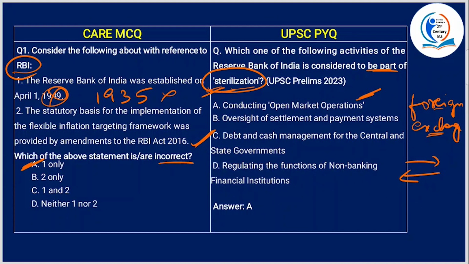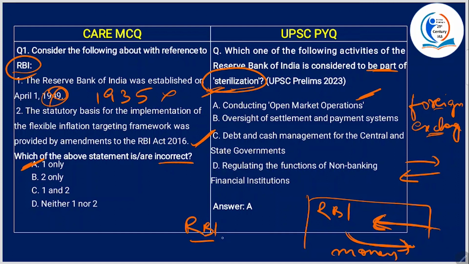What are open market operations? Open market operations are the purchase or sale of government securities by the central bank in an open market in order to regulate the money supply. For example, if RBI is buying government securities, so it is taking pieces of paper and it is giving what? Money. So, what is it indirectly doing? It is infusing money into the market. All right. So, it is injecting liquidity into the market. Now, when it is buying, this is the case. When RBI plans to sell these pieces of papers known as securities, what will it do? It will suck the money.